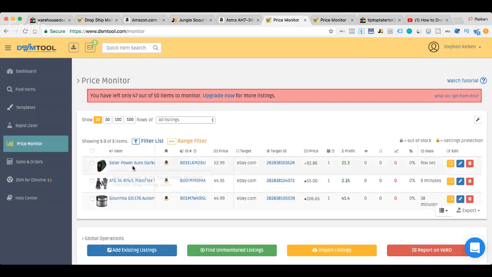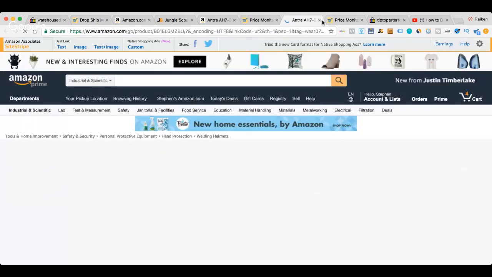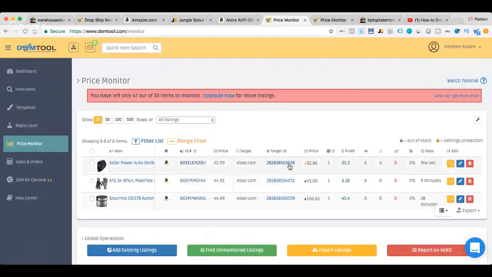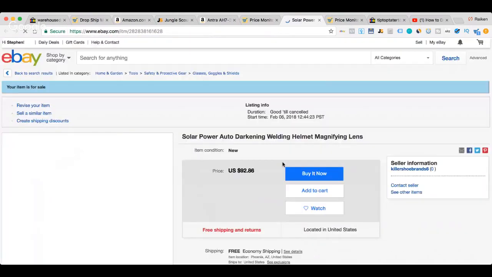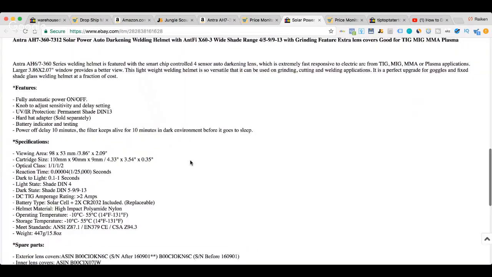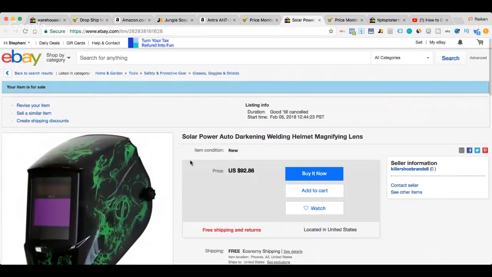If I go over to my listings and I click it, it's got my source on Amazon right here, which I believe it links right to. So when it sells, I can buy it. Then it has my target, which is eBay, which should bring up the eBay listing, which is right there. And yeah, it's pretty cool. So that is one technique for how people are quickly drop shipping from Amazon.